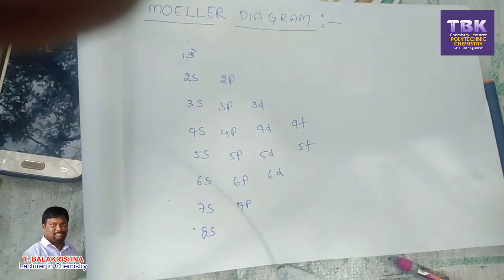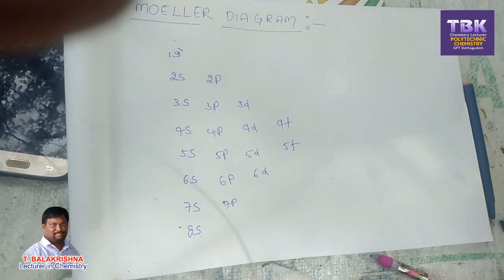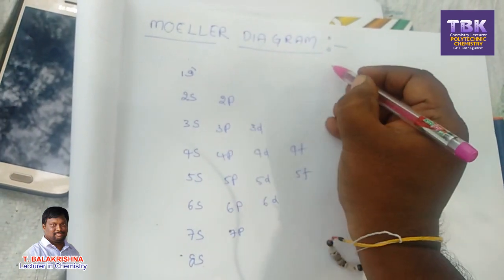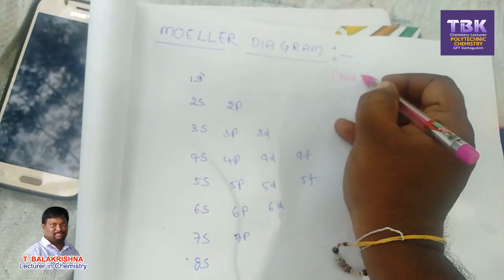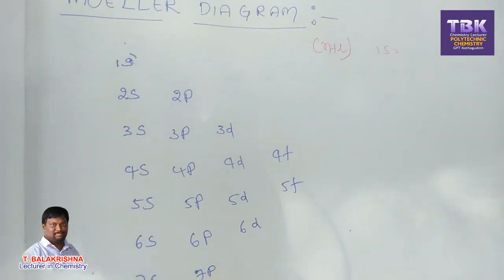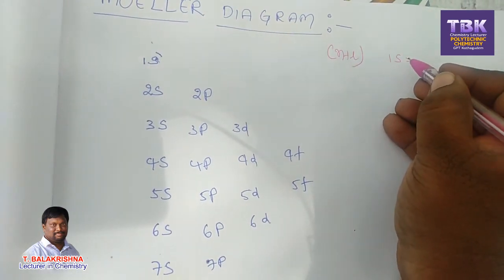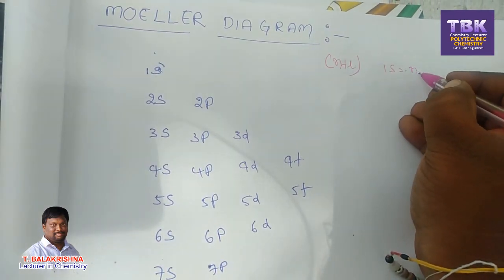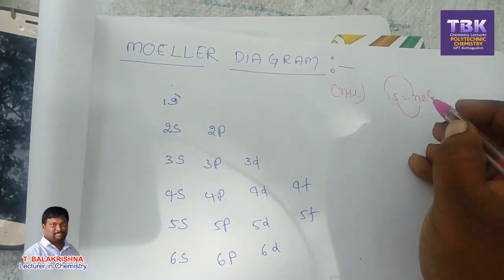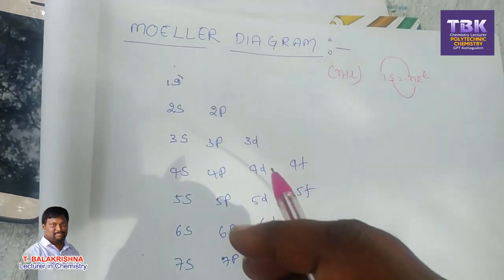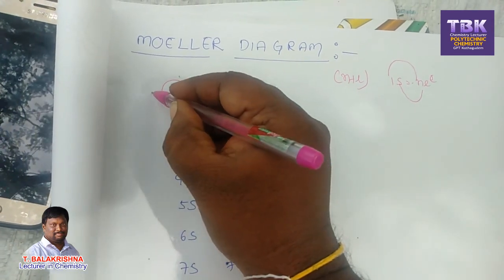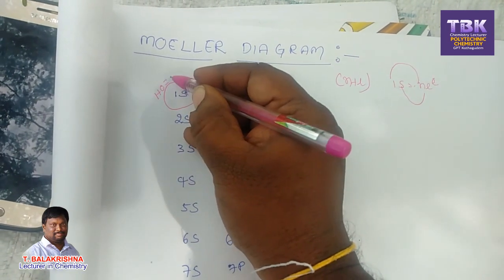These are the s, p, d, f orbitals. How to calculate the energy of orbitals? We have a formula to calculate the energy of an orbital, that is n plus L. You know how to compare, for example, 1s is compared with nl. n is equal to 1, L is equal to 0. Everyone compares with that. So first, come to 1s. What is the n value? 1. What is the L value? 0. So 1 plus 0 is 1.